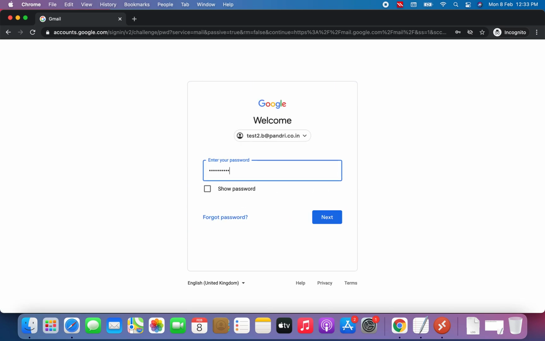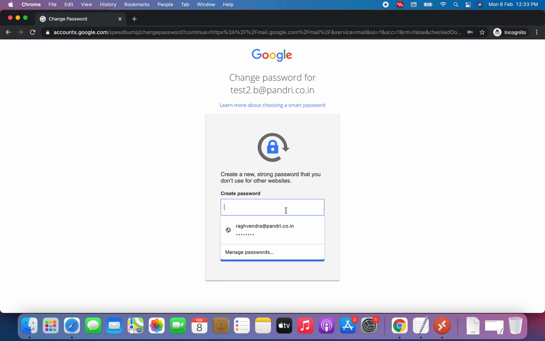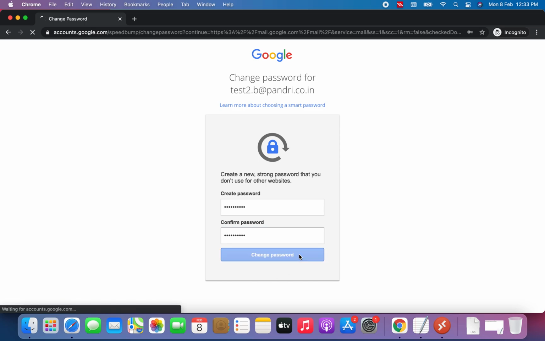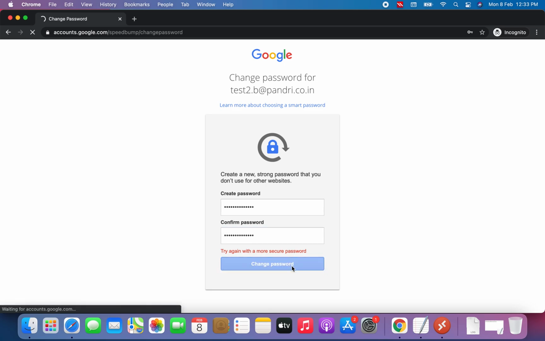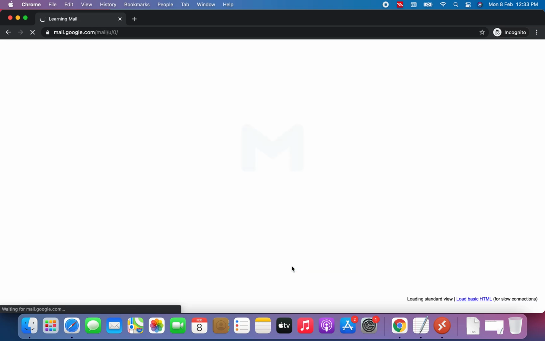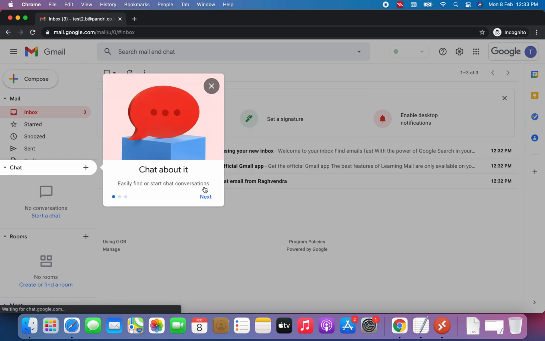Type the password, accept it, and change the password. I'm logging in with this user for the first time, that's why it is asking for a password change. Otherwise it does not ask you to change your password.